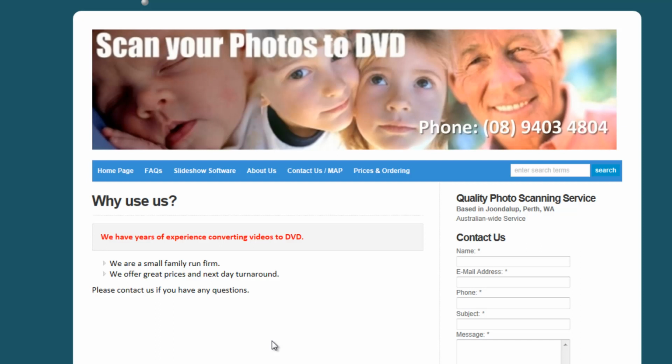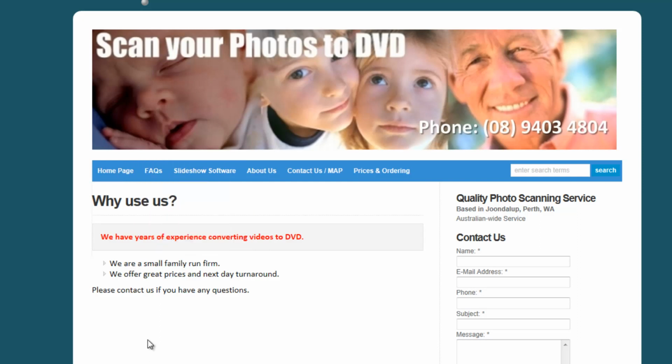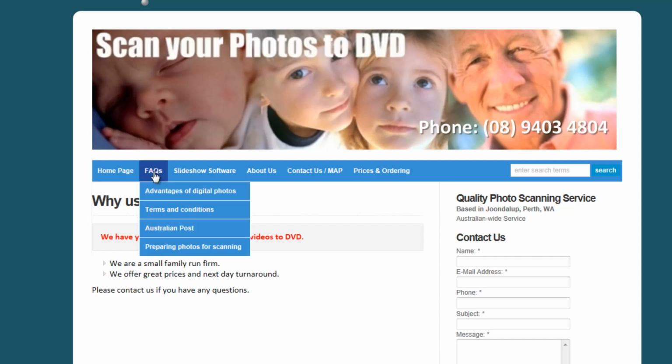At the moment this page isn't actually linked to from any of our other pages, but we'll see more about that later. So in the menu systems here, you might want to add a menu system. Again, we'll cover how you do this later. Basically, you could add an item in here that says, you know, why use us, or call it anything you want, and that would link to this particular page